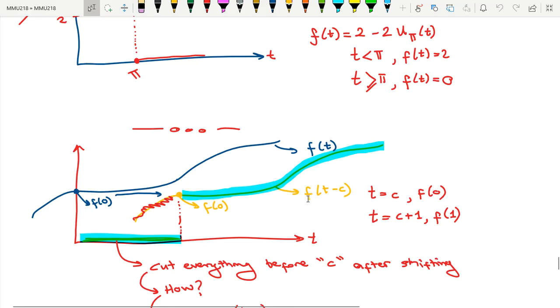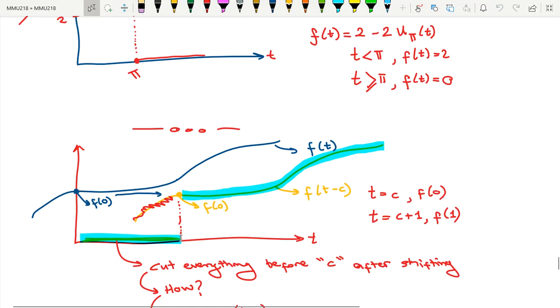In that case, my new function is called f of t minus c, naturally. It's this yellow function here, starting from here, and its initial point is shifted by some constant, which is c. And at c plus 1, which might be here, the function will take on the value f of 1 from that point on. But everything before